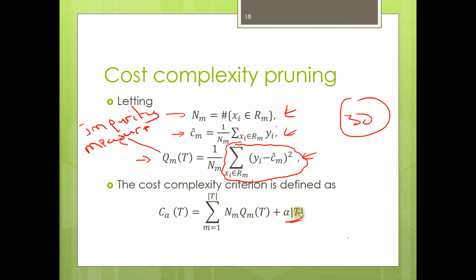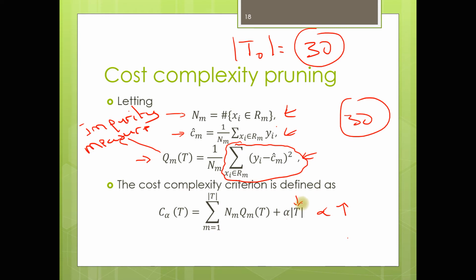Why? Try to understand this properly. When alpha increases, the number of terminal nodes that you would have in the tree cannot be as it was originally. If you had 30 terminal nodes in the fully built tree,